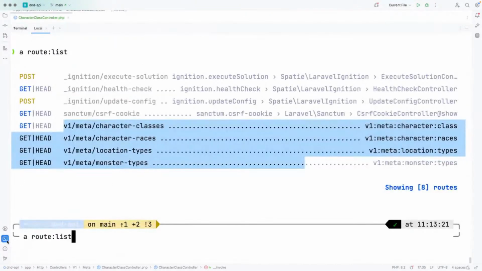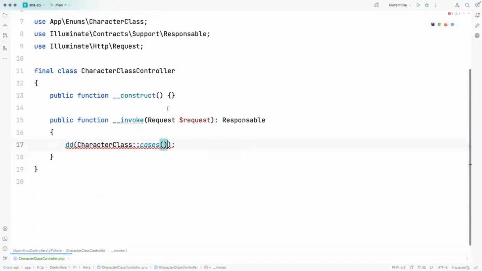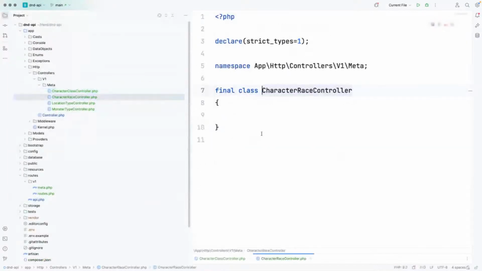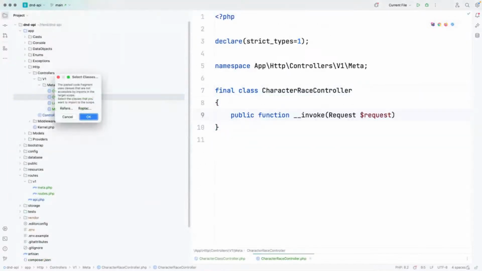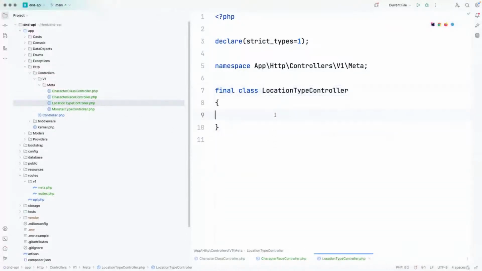Let me make sure that we don't die. We did die. Invalid root action. Yeah, okay. So I basically need to add this to all of them quickly. Otherwise, we're going to fall over ourselves, basically. That is needed on this one,